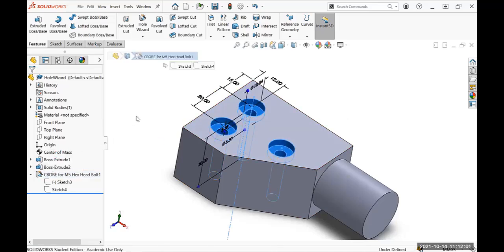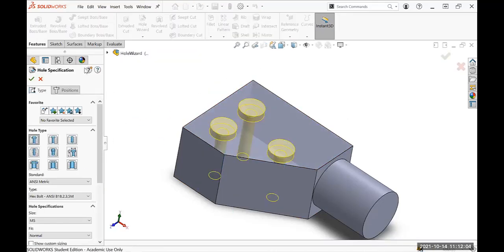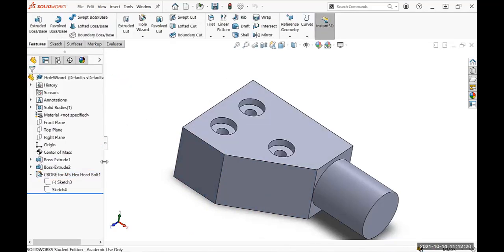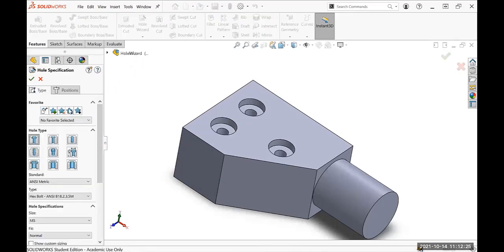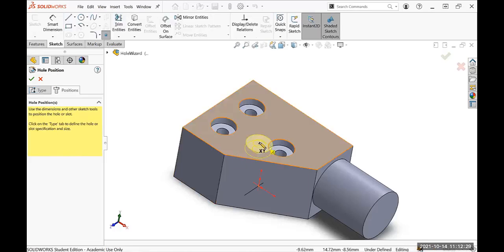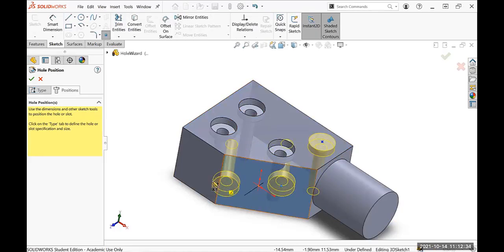If I try to add another hole on the side face here, it can't be done because this is a 2D sketch. You cannot add any holes on these side surfaces. If you want to do that, it's getting more complex, but you could use this 3D sketch one. And then now not only just the top, you can also add it to the side